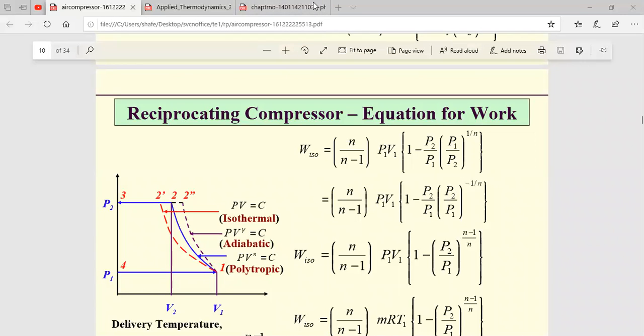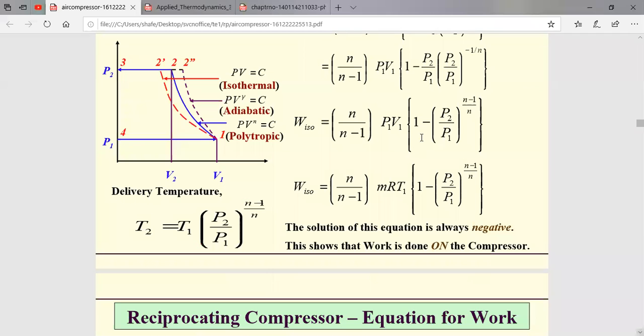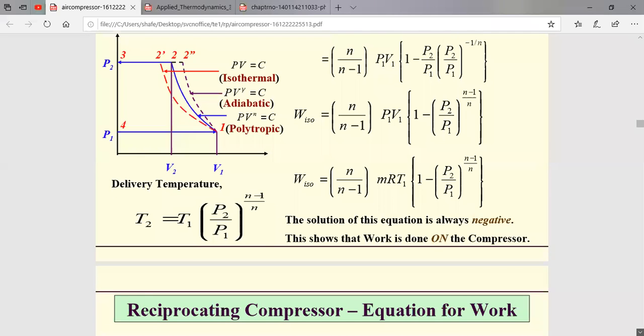Now, let me take one spotlight. So this is the particular thing I explained already. This is basically the PV process or work process, where the work I have to give will be shown here. Now, what we discussed here, I told you this is the basic formula you have to remember for all the problems. Okay.